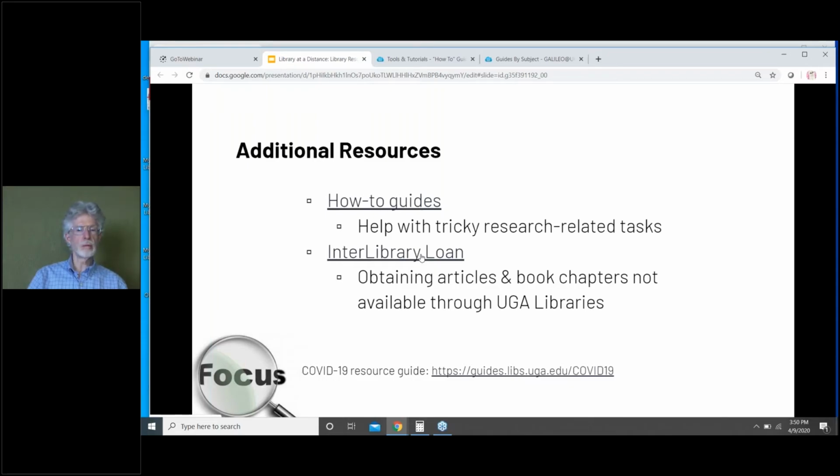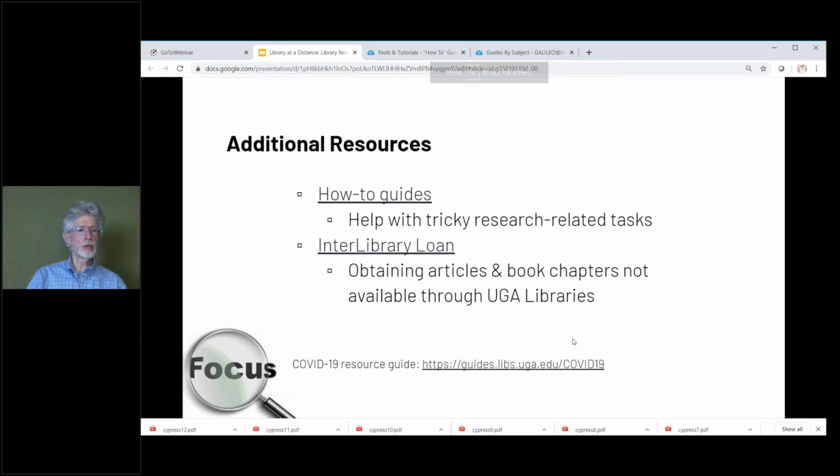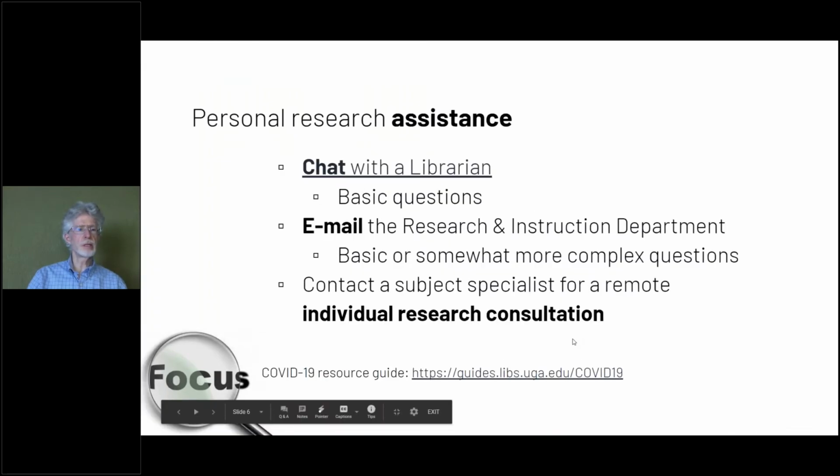They're working remotely, as are we, so it is really just limited to digital items. They're not able at the present time to scan articles that we own only in print. Unfortunately, that's just not an option. But other than that, if it's digital and someone else owns it, you can certainly attempt to get it through interlibrary loan. Okay, so at this point, I'm going to move on to slide 6,